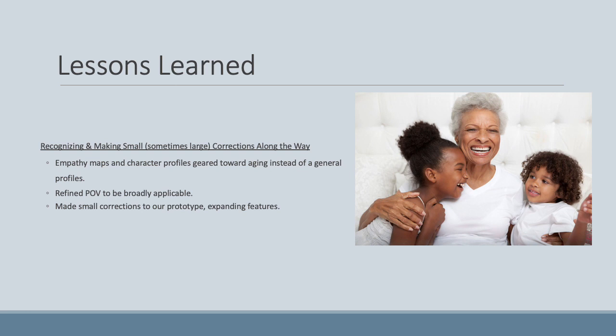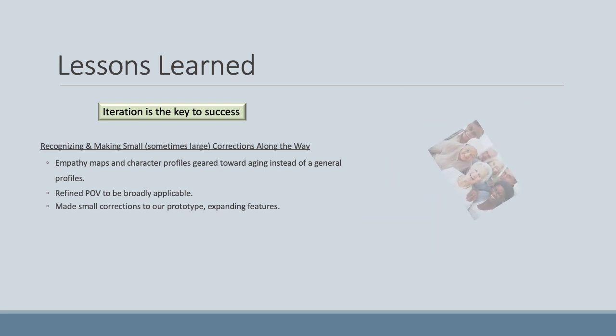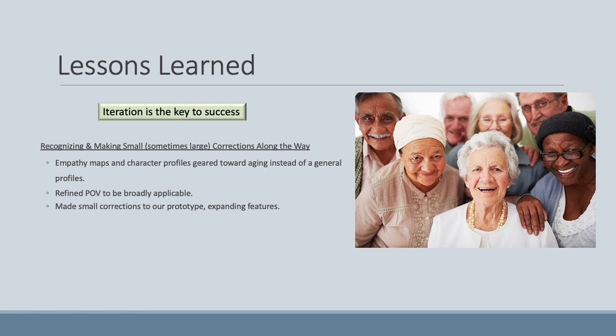One thing became immediately clear to us about the design thinking process. Iteration is the key to success. And I think it goes without saying that if we had more time, we'd have liked to have gone back and made more little bets that would have likely helped draw out more information on our prototype and the composite character profile that we drafted. As discussed in the previous slide, finding a more diverse group of interviewees for our character profiles would have likely aided in later phases of the process. And these types of little bets, meaning looking into finding a more diverse group to interview, would have done wonders